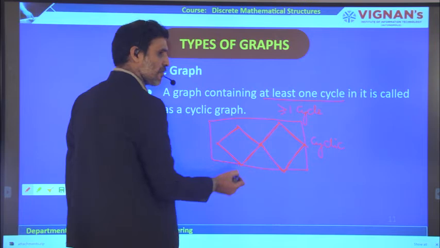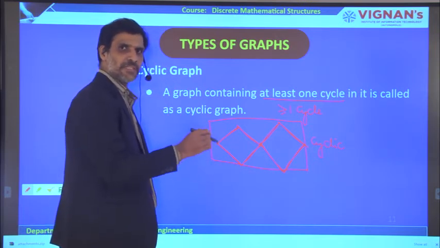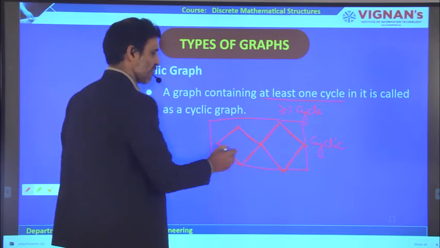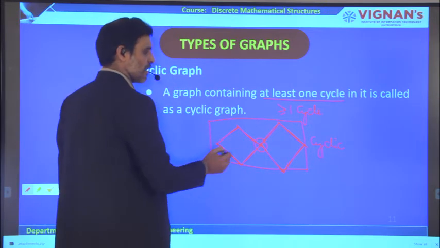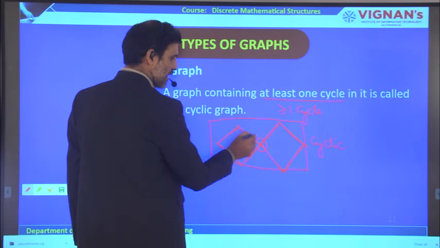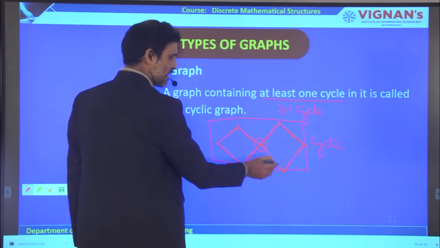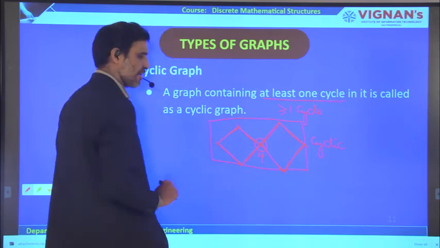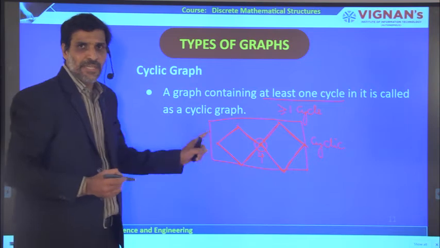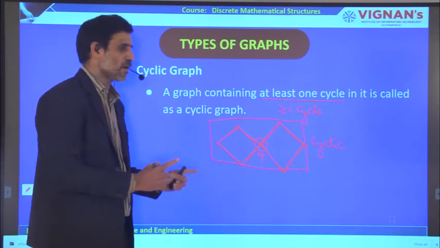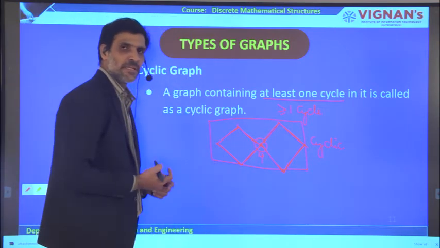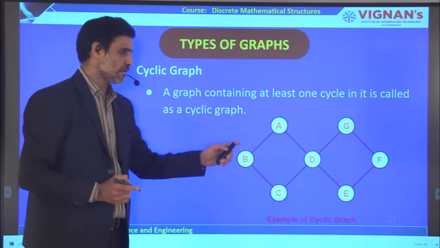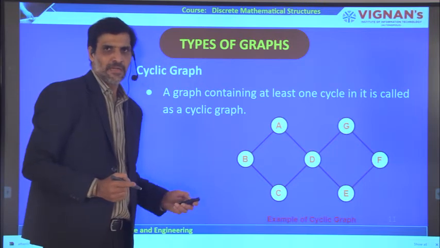Otherwise, you can just check the degree of each vertex. If the degree of each vertex is equal to 2, then it is also a cycle graph. But coming to the case of this particular vertex, what is its degree? The adjacent vertices are what? This is one adjacent vertex, another adjacent vertex, this one, this one. So totally 4 adjacent vertices are there. Therefore we can say that it is not a cycle graph, but it is a cyclic graph because of having 2 different cycles like this. This is the difference between cycle graph and cyclic graph. That is what I have shown just now. This is called the example of a cyclic graph.